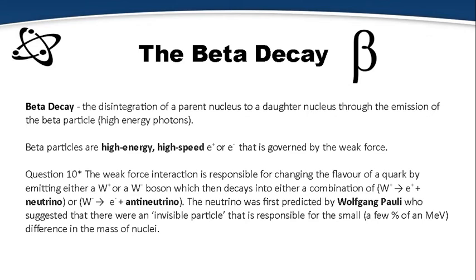The beta particle can be in the form of either an energized electron or a positron, which is indicated by either a positive beta or a negative beta sign, indicating either type of decay. Since beta particles are significantly smaller than alpha particles, they have a much greater range of penetration in the form of beta rays. Before we can try to explain question 10, let's look at the different types of beta decay,